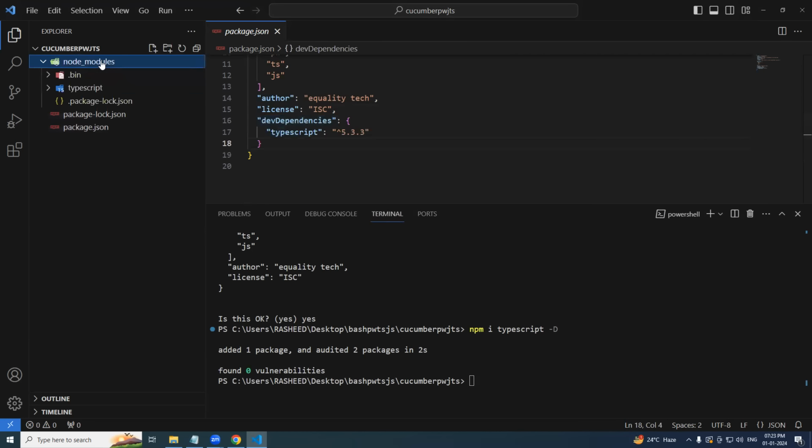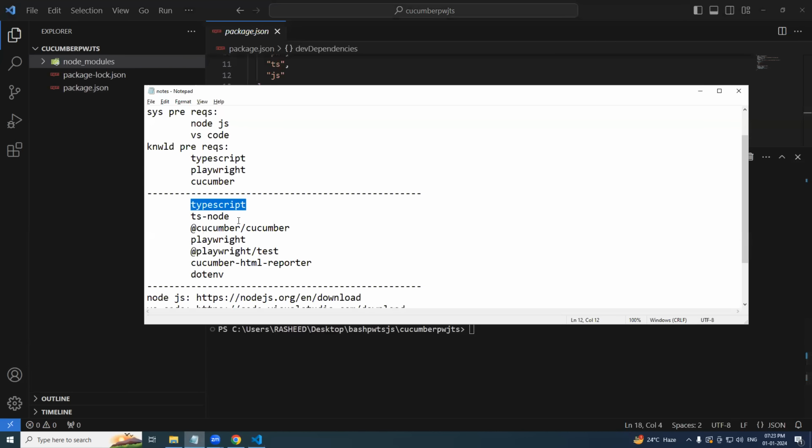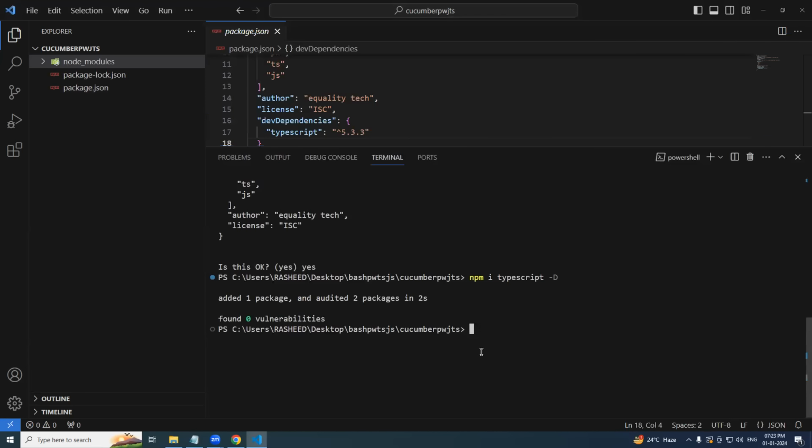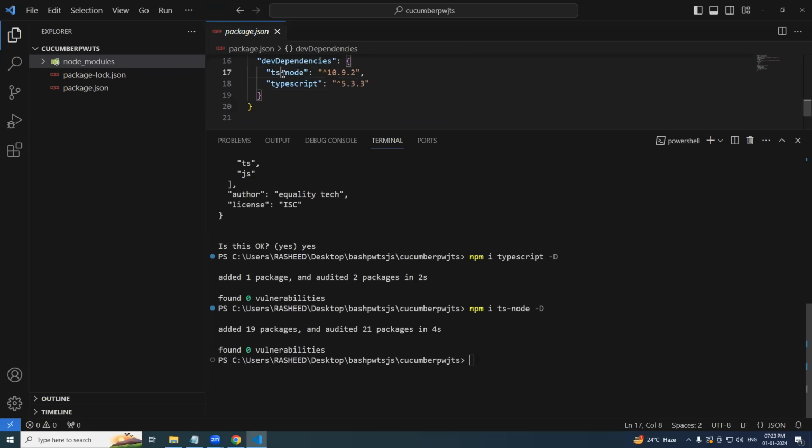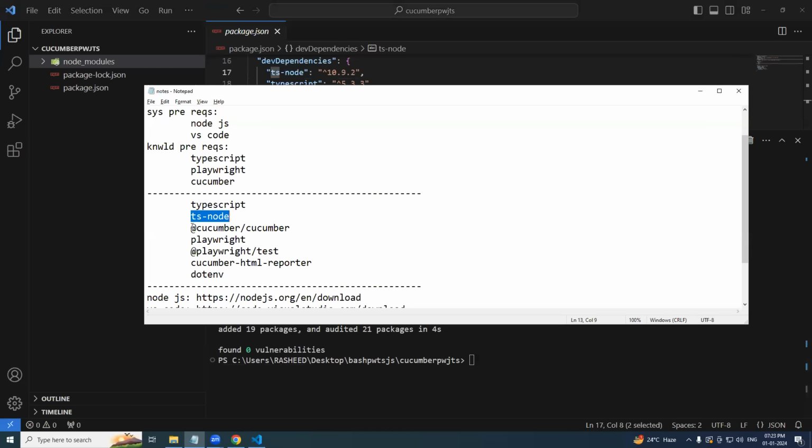You can see node_modules got created, and in a similar way we have to add the rest of the 7. The second one, ts-node, same thing, npm i ts-node -D. Done, you can see. Third one, Cucumber,